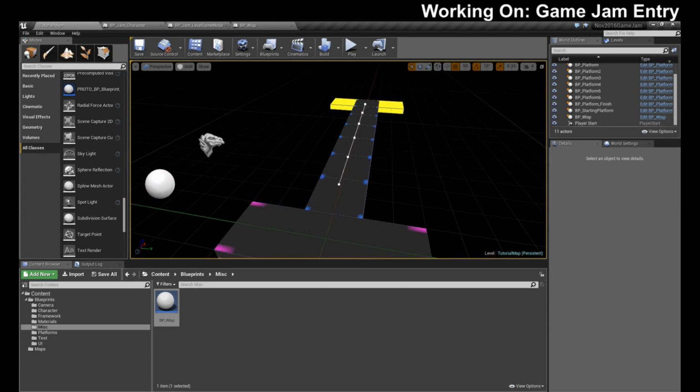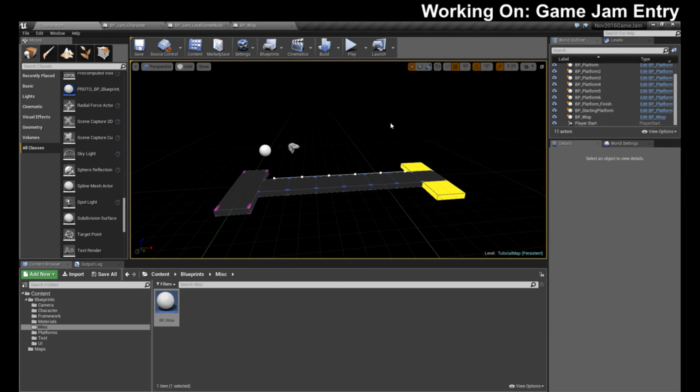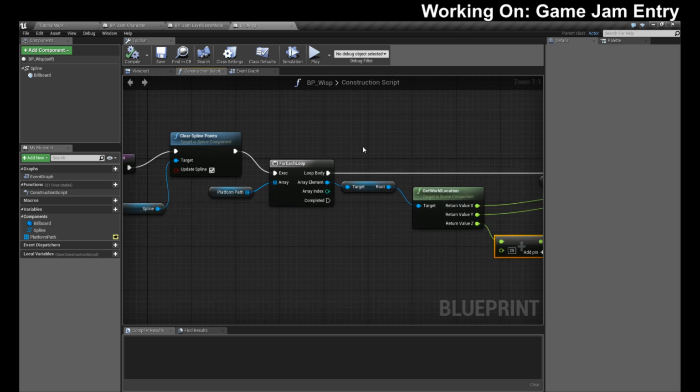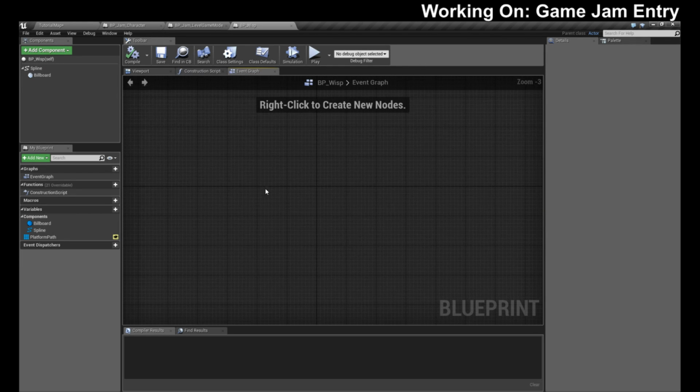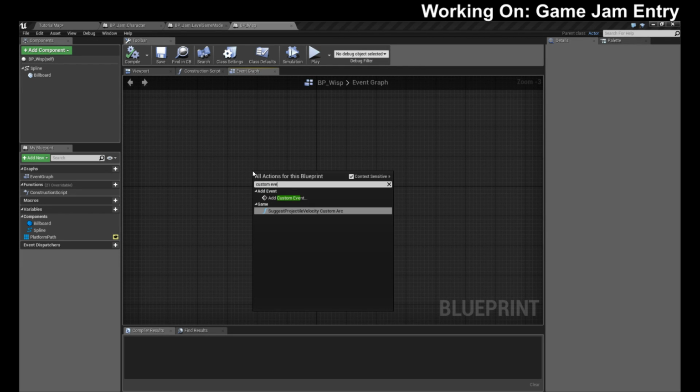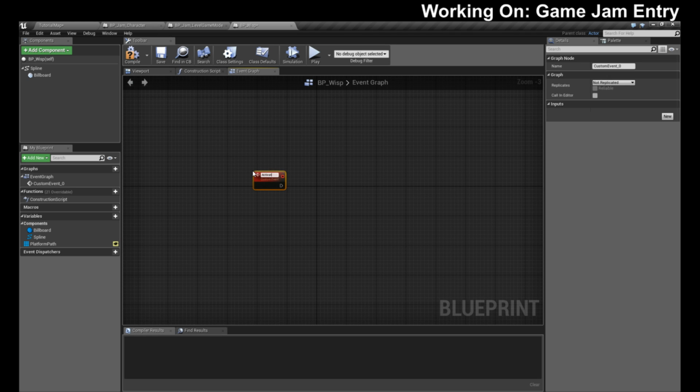Because the goal is to show the path. You're going to drop down, it'll show the path, and then I'll have some form of a wispy, sparky thing follow from point to point. I should be able to do that as far as I know, and have it show you the path that you're supposed to follow. So let's find some code to activate the wisp. Let's do a custom event, and we'll do activate wisp.